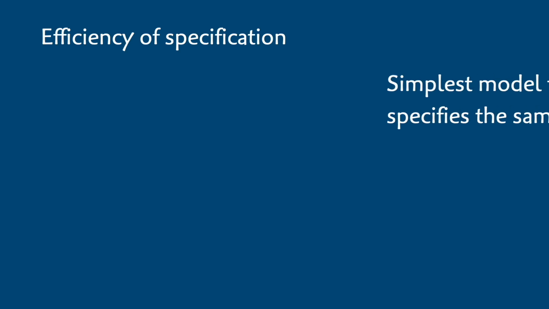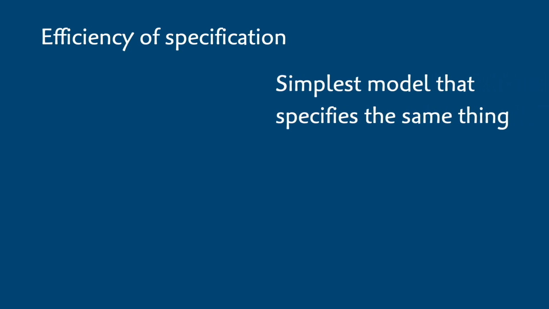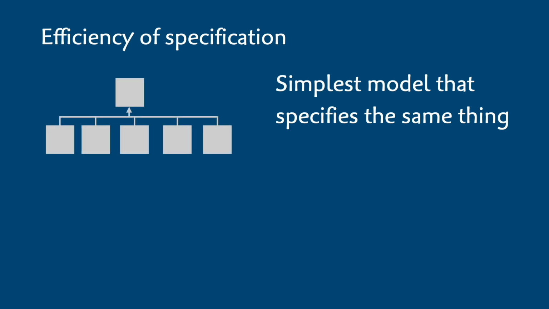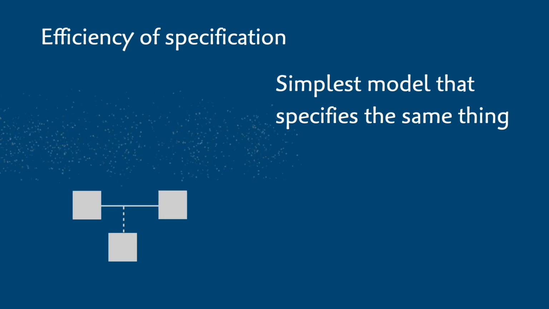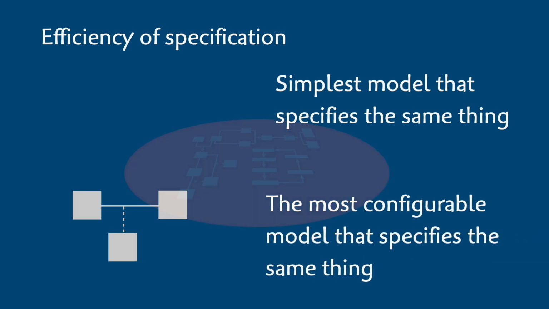Yes, but there are two kinds of efficiencies that concern us. The first is efficiency of the specification itself. In other words, we want our specification to be no bigger than it needs to be. So, given two models of the same problem, we tend to choose the less complex model that specifies the same data, rules, and behavior. Or given two models where one is a rigid statement of today's known requirements, while another can readily adapt to imminent changes in those requirements, we probably want the more flexible, more configurable specification.